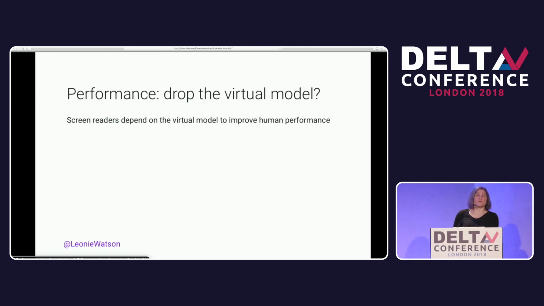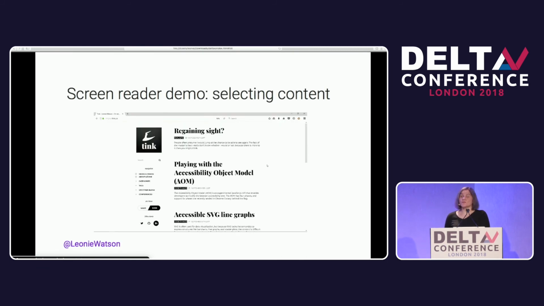So what can we do about all this? What can we do to make things more performant, even in browsers like Edge, where there is that complete sandboxing protection? We could perhaps drop the virtual model entirely. That's certainly what the team at Firefox are advocating for. But it's not as simple as that, because, as I mentioned at the beginning of this talk, when the virtual model came along, it actually introduced a whole bunch of functionality and features that are really, really useful to screen reader users. So, for example, if we didn't have the virtual model, this is what it would take to select